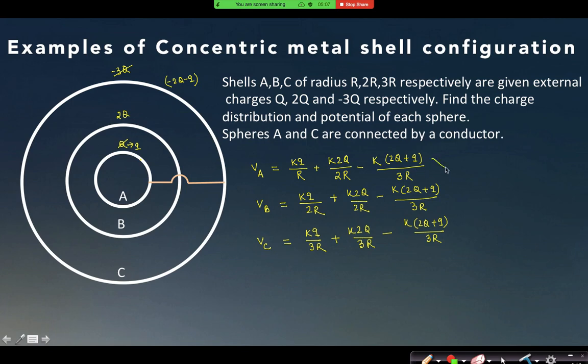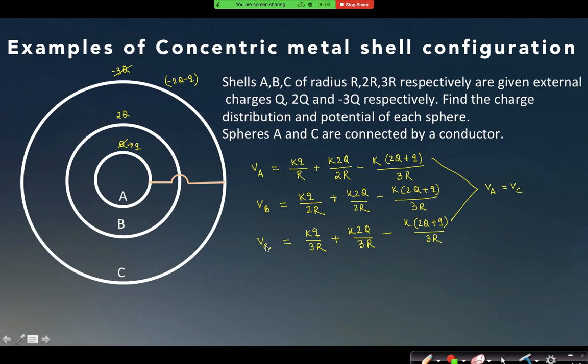And I can say that A and C should have the same potential as they are now connected with a conducting wire. Right? So in electrostatic condition, the charge distribution of sphere C, I have taken the total charge on sphere C to be minus 2Q minus q. Can you understand why I wrote this? Look at the total charge: A had Q and C had minus 3Q, so the total charge of these two shells together was minus 2Q. Now if I keep charge q on shell A, the remaining charge will be on shell C. That is what I wrote.